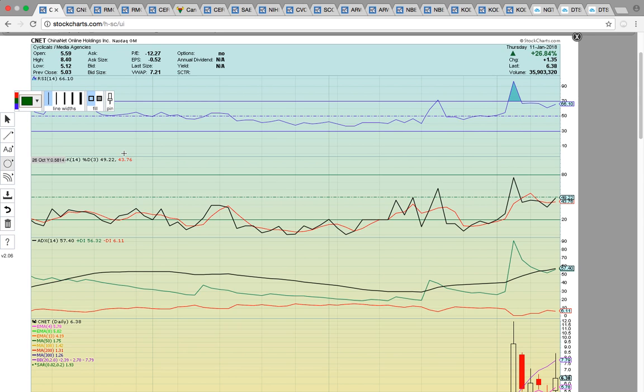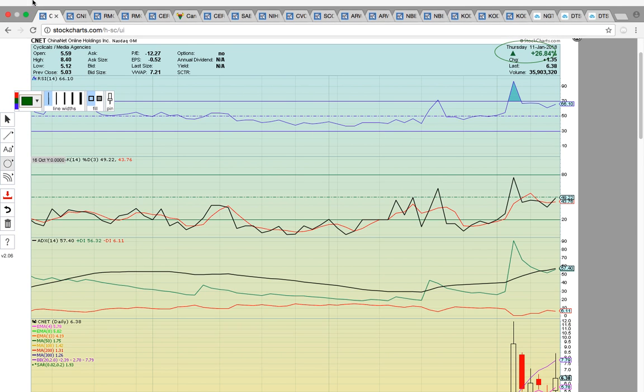So first up, we're going to look at CNET. It did close up nearly 27% today, so that was a sweet move. Congrats everybody. I know a lot of people in the chat were trading this today. Yeah, so it made a nice move, and it's